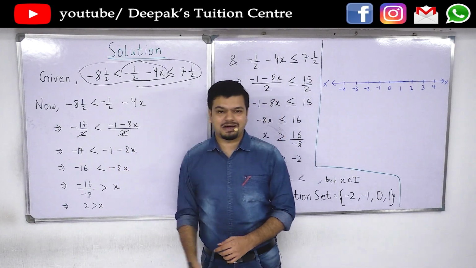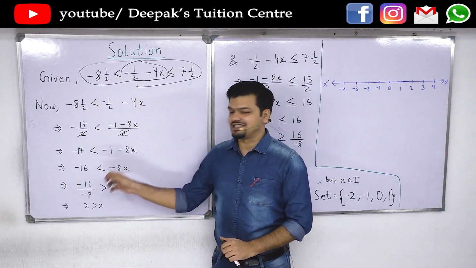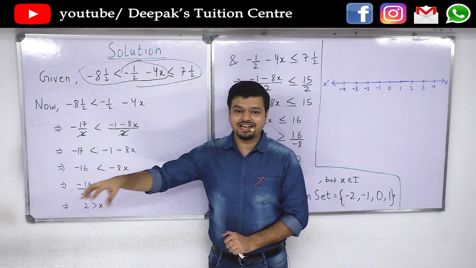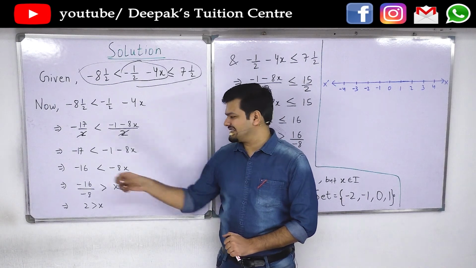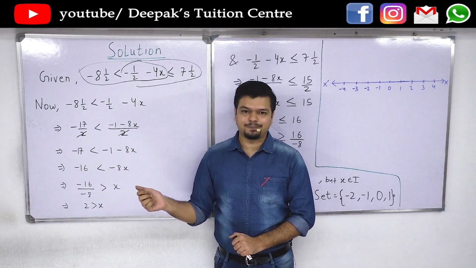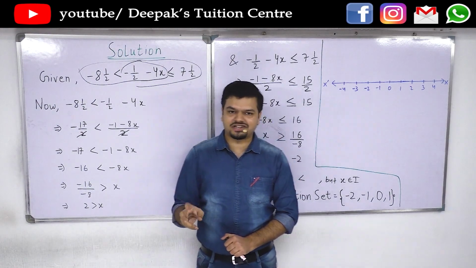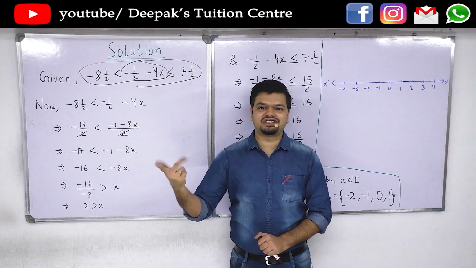When we transpose -8, we need to remember that when you transpose a number that is multiplied to the other side, it essentially becomes divided by. So basically what I'm trying to do is divide both sides by -8. Whenever I divide or multiply both sides of the equation by a certain negative number, the sign of the inequation changes.